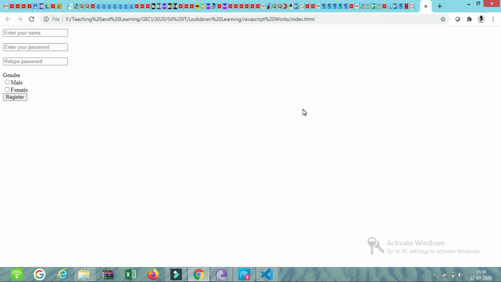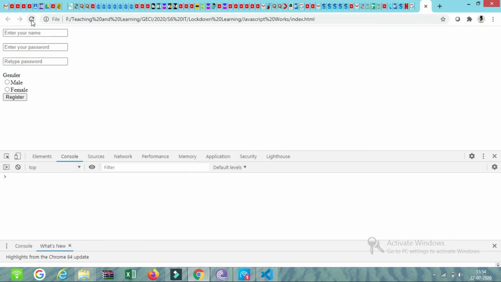Okay, I will open up the console window. I'll refresh this and I will click register. You can see the error message here, select a gender. I'll refresh this, I will select any of these, then only the enter username message will appear. So here we have validated whether any of these radio buttons has been selected. You can handle forms in this manner. So we have systematically studied how to handle forms.